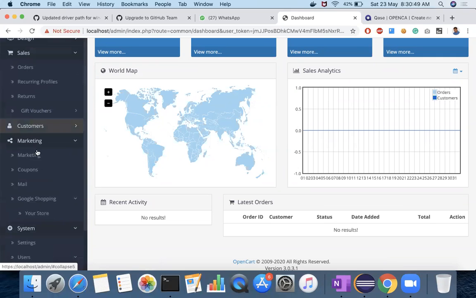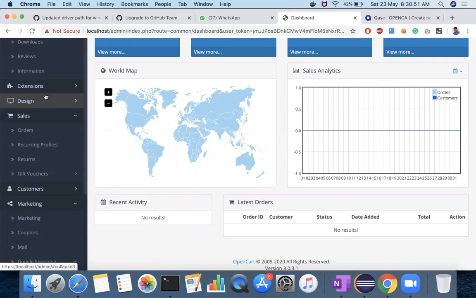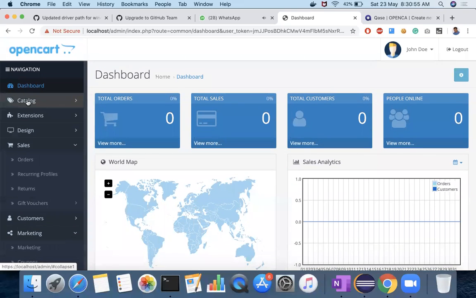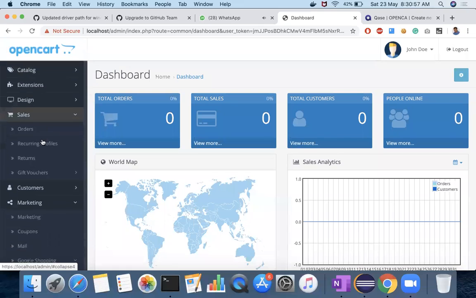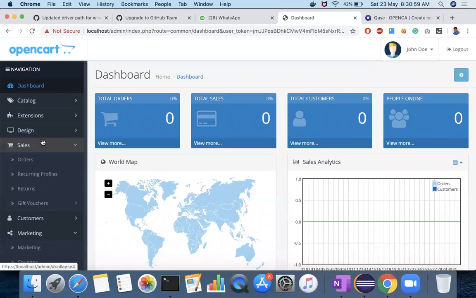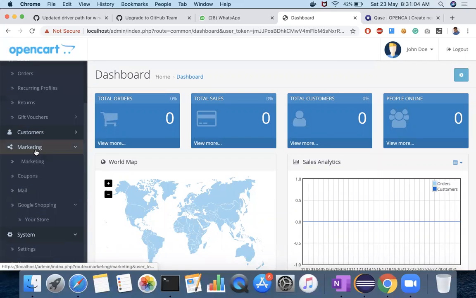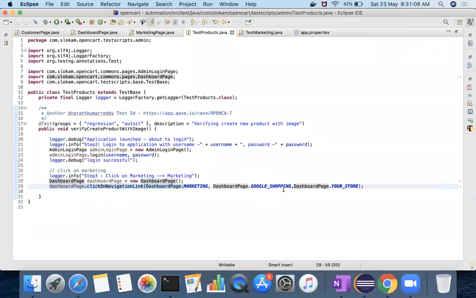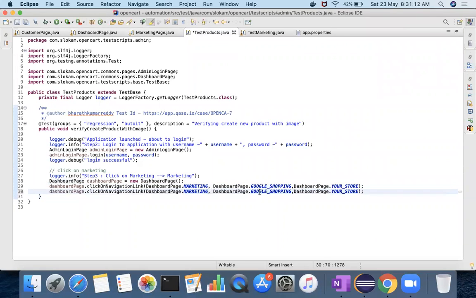They don't need to worry about getting these things there. It's in dashboard, marketing, and then coupons, right? They'll write something like this: go to the marketing, then go to the coupons, and the third one is not needed, right?